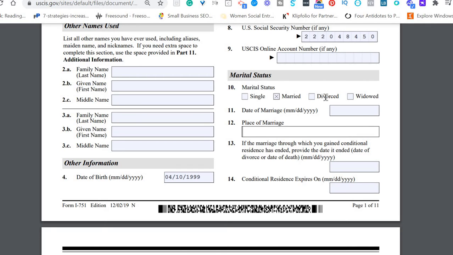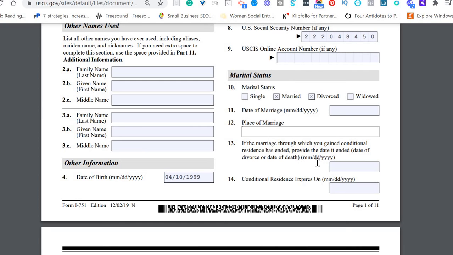So for example, if it came to divorce, then you'll still put the date of the marriage. If you choose here divorced, you'll still provide the date of the marriage with the US citizen, and then place of marriage, and then here provide the date if the marriage ended